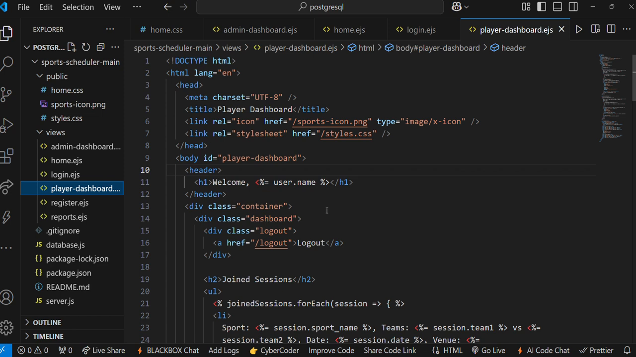The head section defines the document type, specifies the language, and sets the character encoding to UTF-8. It sets the title as player dashboard, links an icon for the web page, links an external CSS for styling, and the body section contains an ID equal to player dashboard, which helps in applying CSS styles to the specific